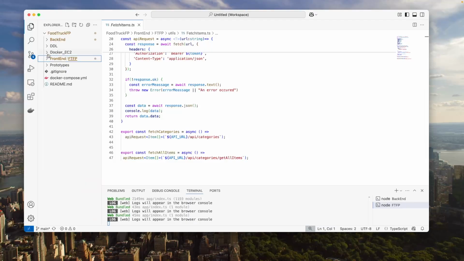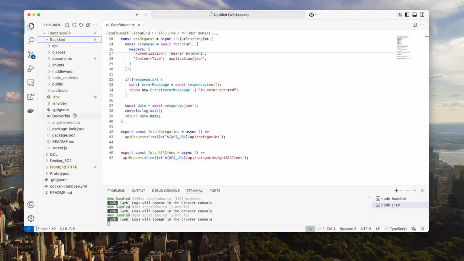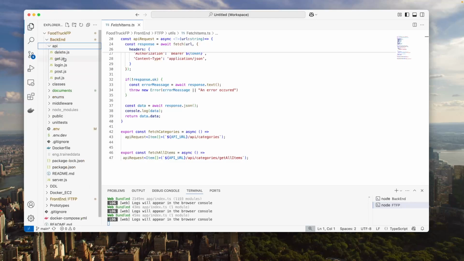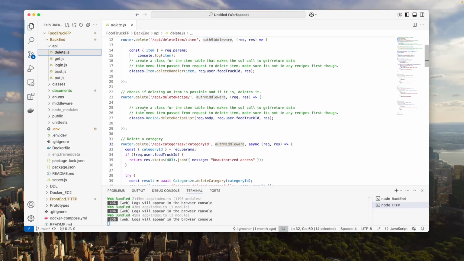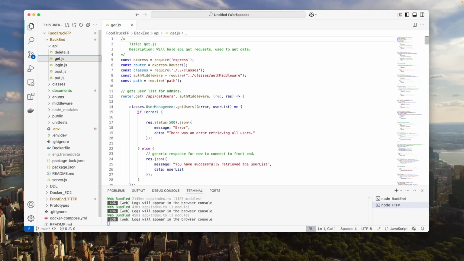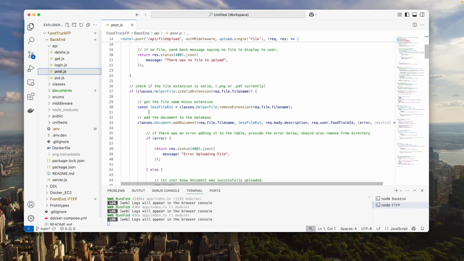And then finally, on the back end, we have moved some of the logic from the server to the API folder. This API folder holds separate files for deletes, gets, posts, and puts. This allows a developer again to navigate to the appropriate file to make any modifications or find where they need to go to make additional changes to the API. As we can see, we can go through here and see how they are all delete requests, get requests, post requests,